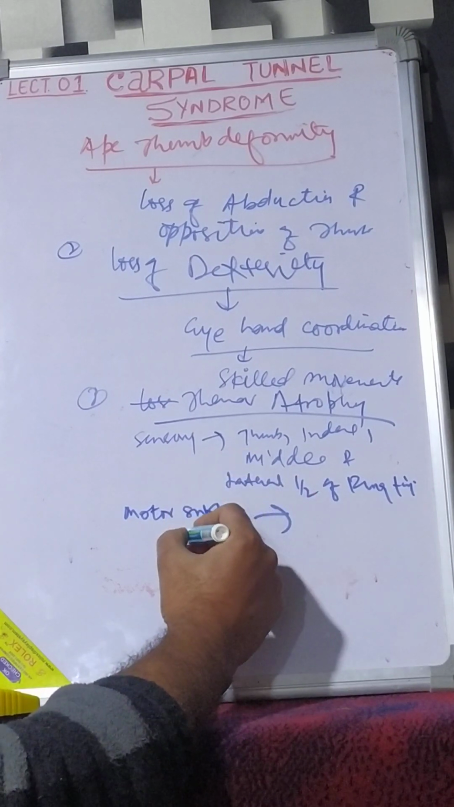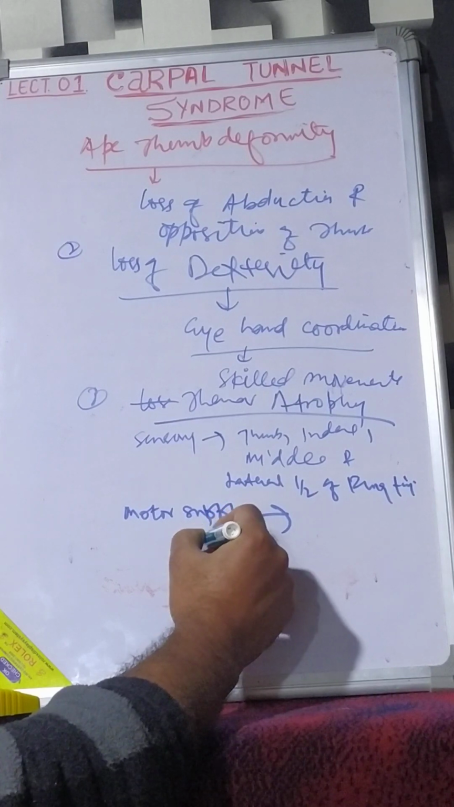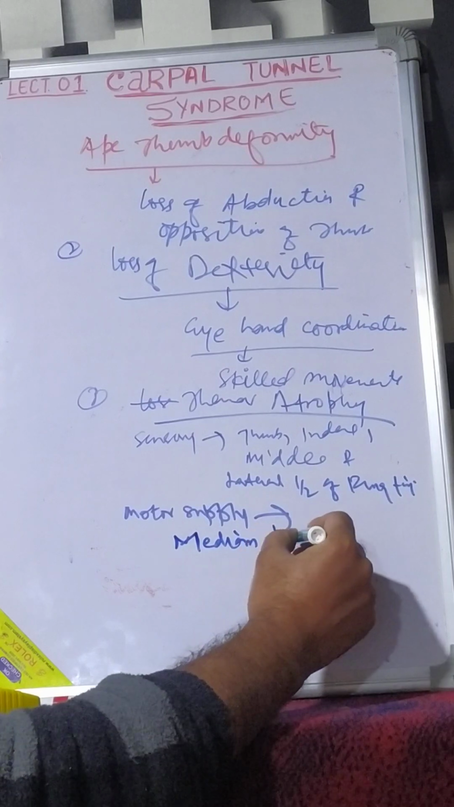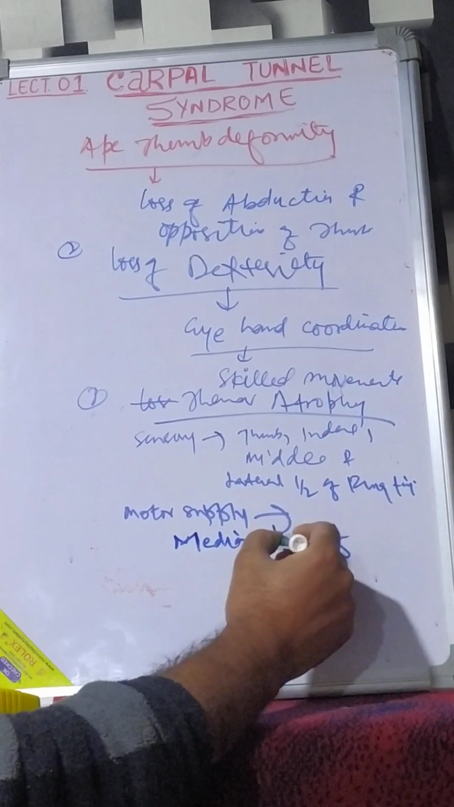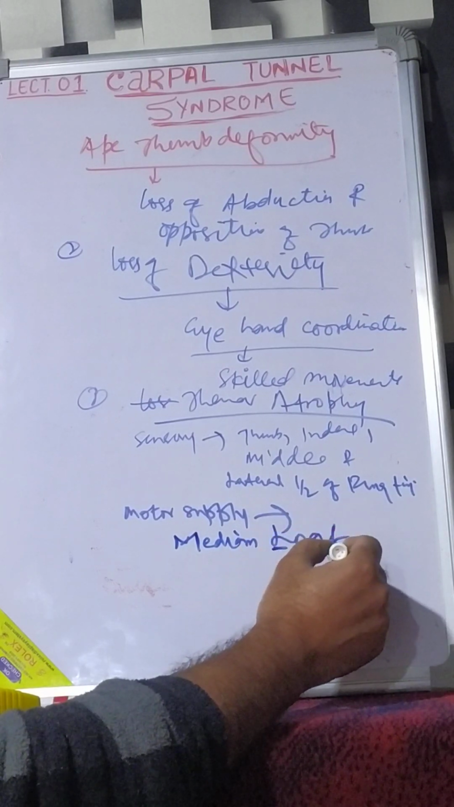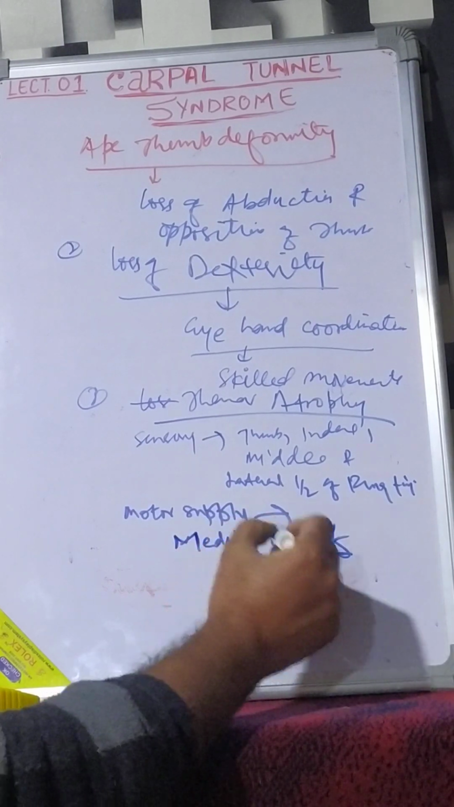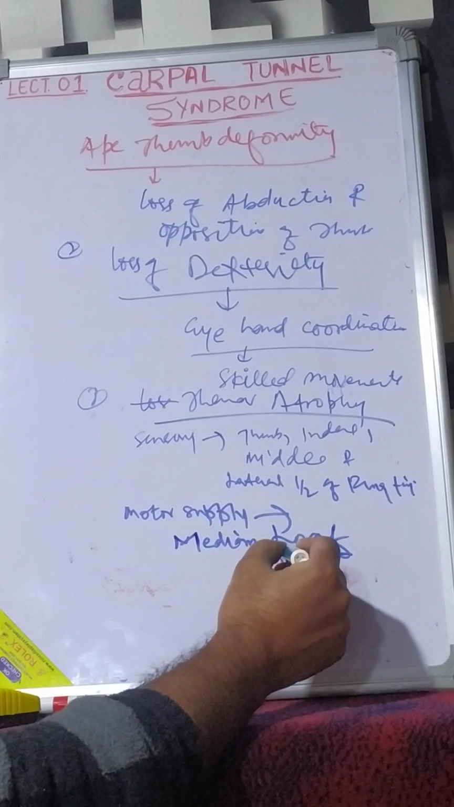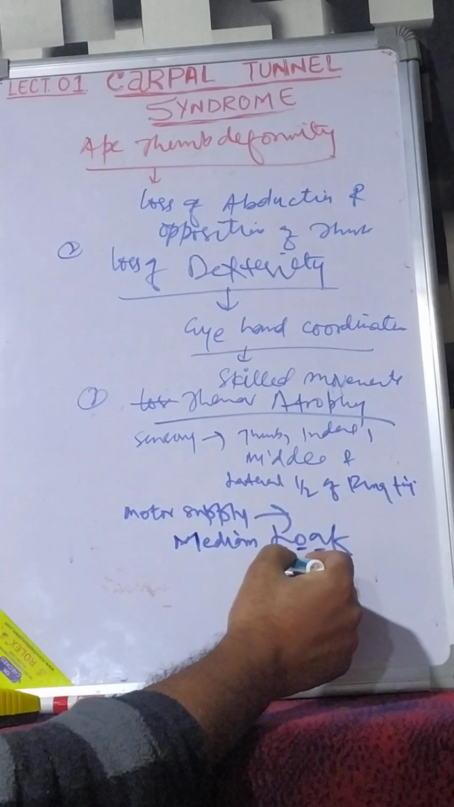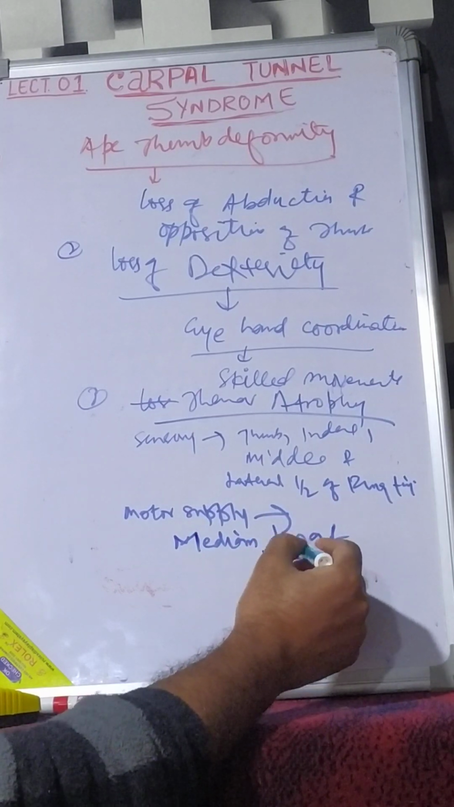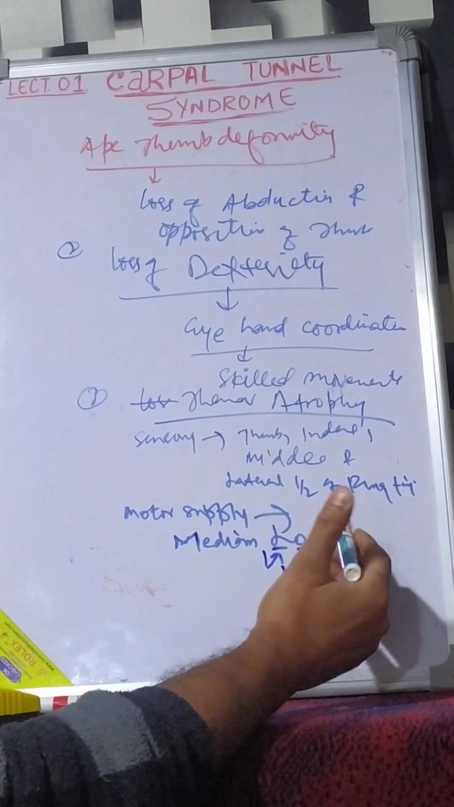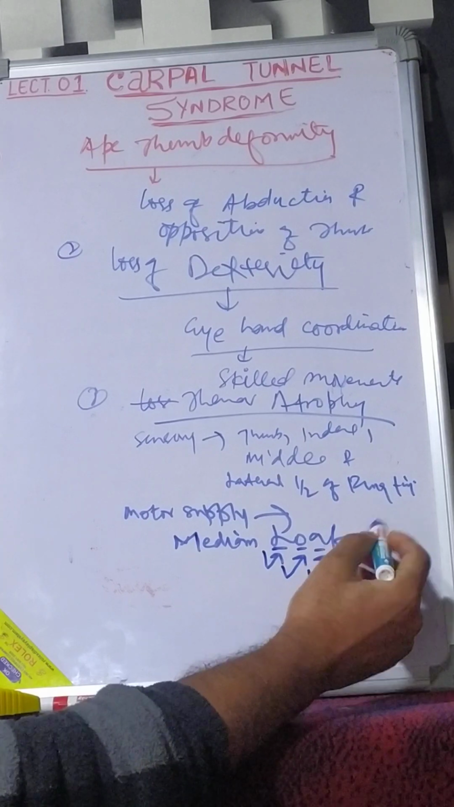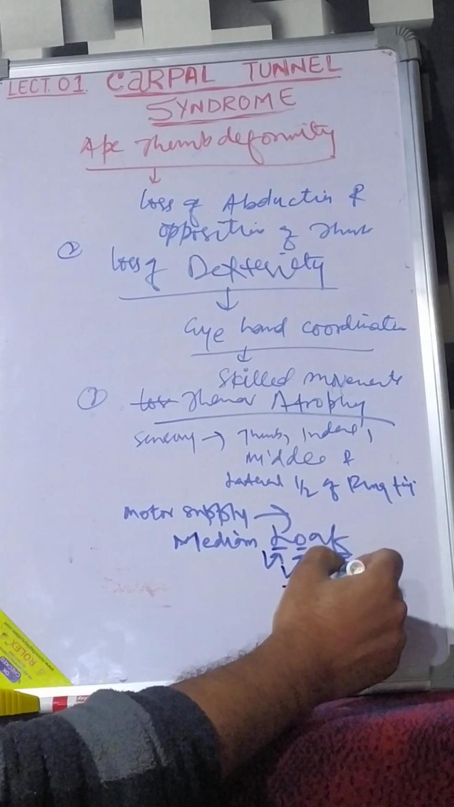Motor supply, you just remember the median nerve's LOAF. Median nerve gives motor innervation to L, the lateral two lumbricals, opponens pollicis, abductor pollicis brevis, and flexor pollicis brevis. These are the four muscles which